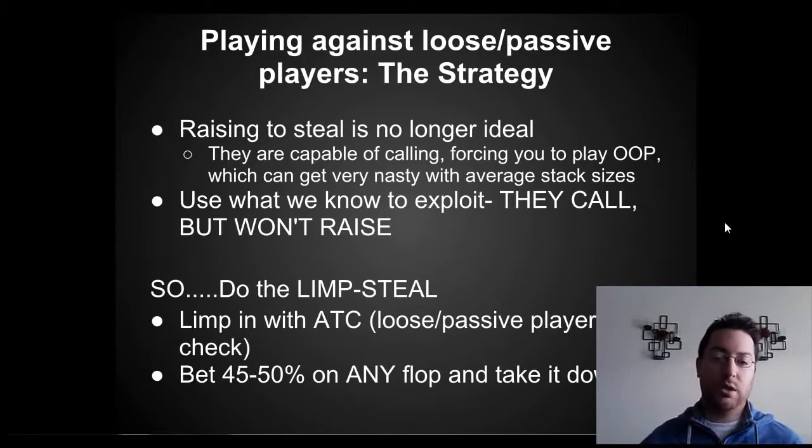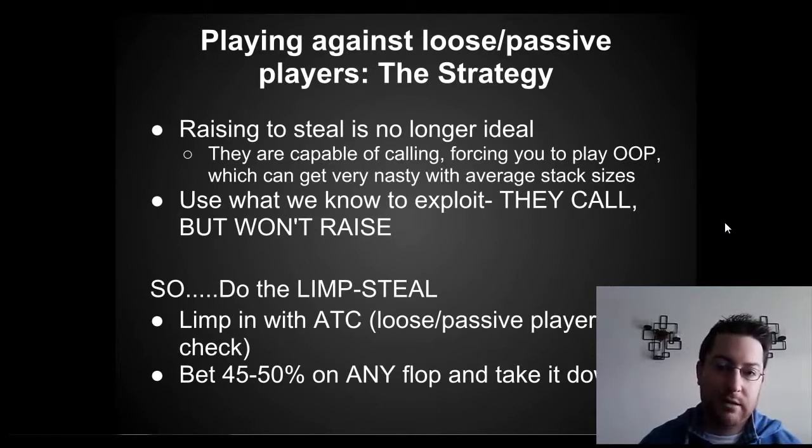What that means is we're going to just limp in. It's an unopened pot, and we're just limping in. The point of limping in is essentially what I call the path of least resistance to steal the blinds. So the question is, how are we going to steal when we're limping? Well, as we said, these guys are passive. They're not going to raise us. So if we limp, most of the time they're going to be checking, and that's great for us. Then we can fire out pretty much a half pot size bet,